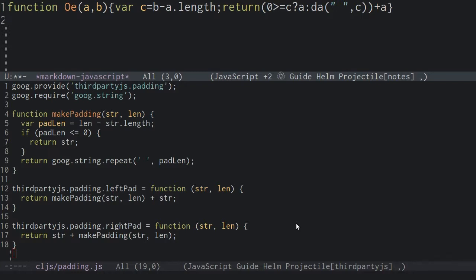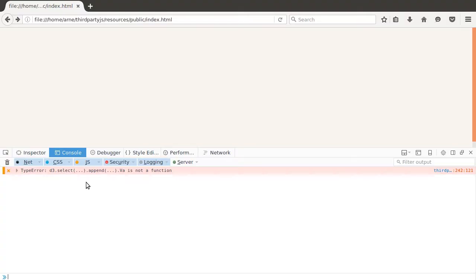The takeaway from all this is that what was essentially a system for loading dependencies at runtime now becomes a tool for analyzing and optimizing code, and given the magic it does, it's also easy to see how things can go wrong. Back to D3. We understand now what went wrong. By having D3 outside of our build, the compiler doesn't know what functions it's defining, and so it can't take that into account. We need to tell the compiler that it should leave certain function names alone, because they're defined